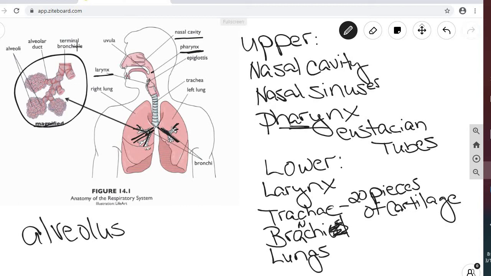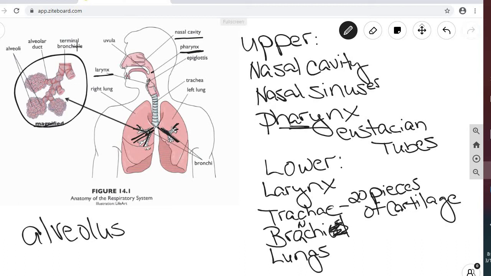The bronchi branch into these alveoli, and it's actually at the alveoli where gas exchange happens. In other words, that's where oxygen gets picked up by the blood and carbon dioxide gets dropped off,